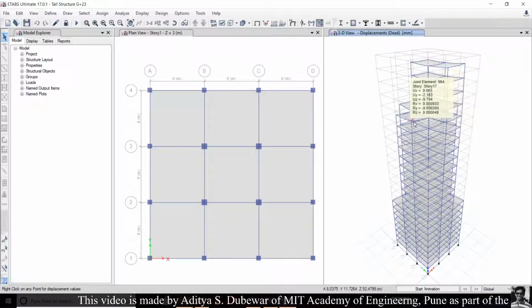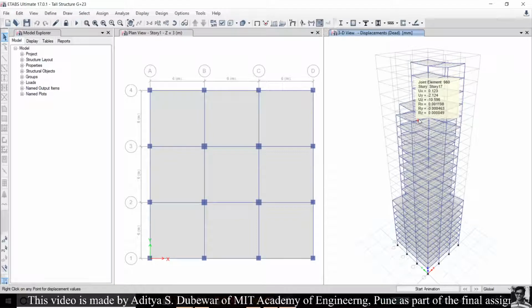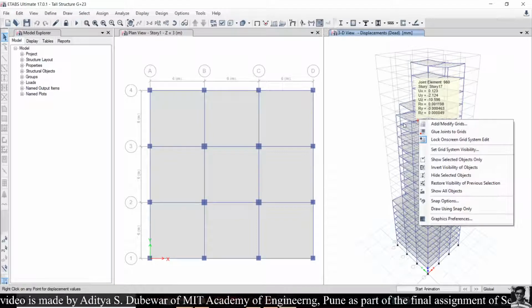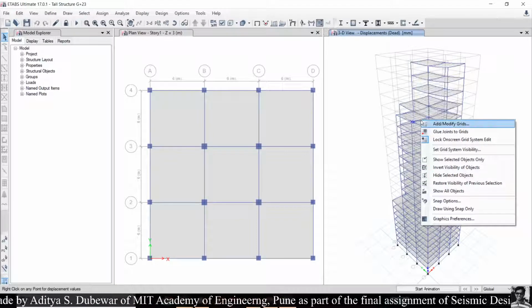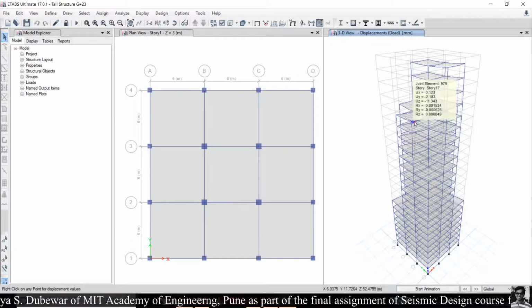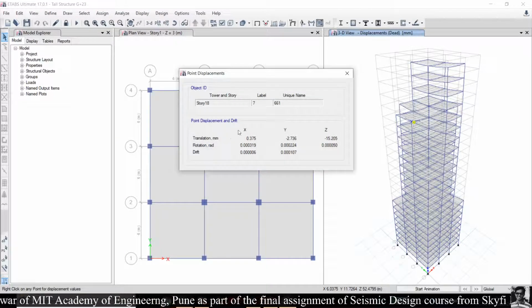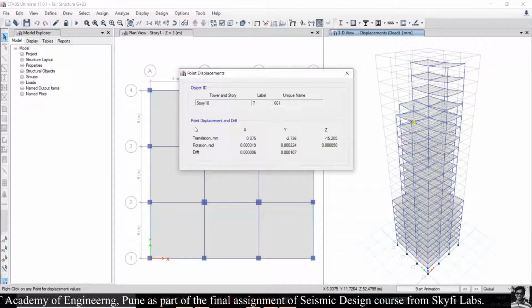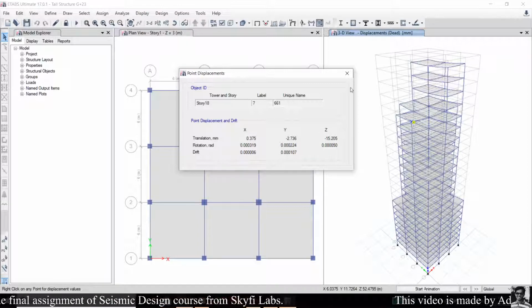We can click on any member and get the details for that member by right clicking. Like this, we can see the point displacement and the drift in x, y and z direction, like this.